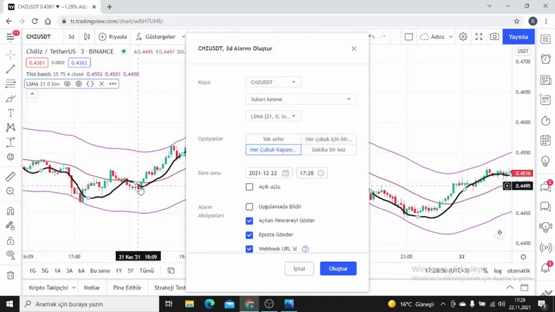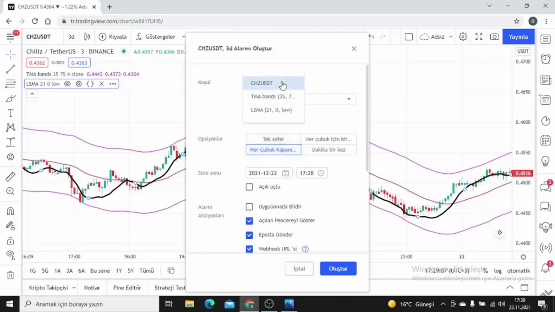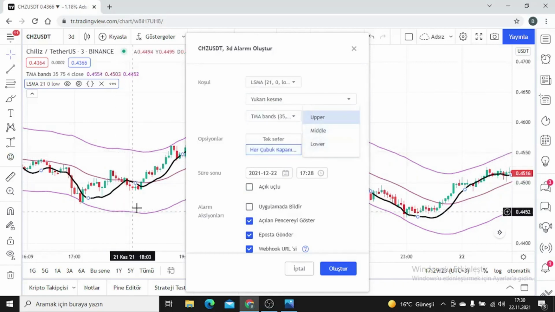When we set it as each candle close, friends, we made a candle close over there. After the candle closes, if you set it up in this way, a signal will sound, friends, an alarm will sound. In the same way, the price closes above the average here, and a signal will sound again, friends. If you do it this way, an alarm will sound for you as soon as this candle is opened.